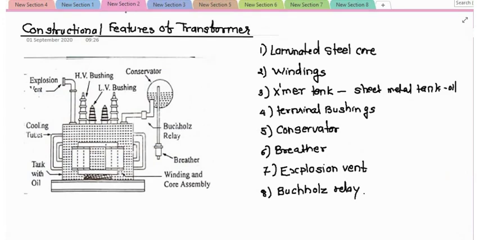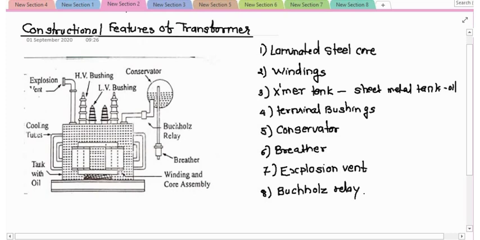Then the next part is nothing but the terminal bushings. Friends, the leads of the transformers are brought out from the tank. Those are insulated from it with the help of porcelain bushings. So these bushings are fitted to the tank. These two are your LV bushings, and this one, those are the HV bushings. It means the HV terminals are brought out with the help of the terminal bushing. So what is the use of the terminal bushing? They insulate the high voltage and low voltage conductors from the tank with the help of the porcelain bushing.